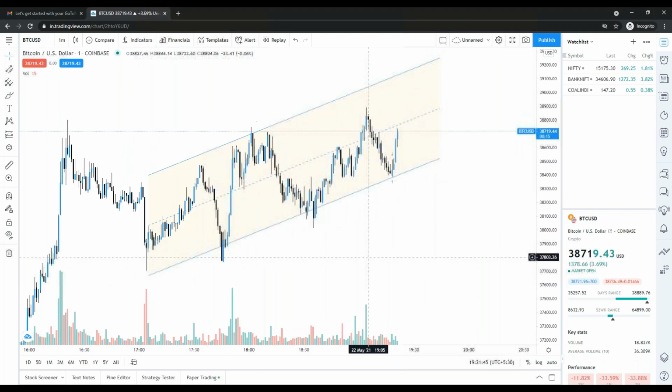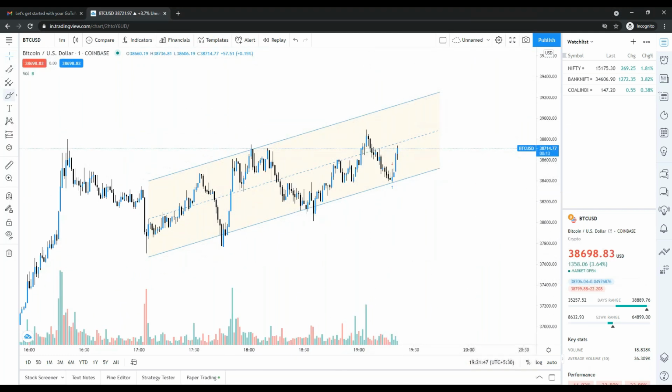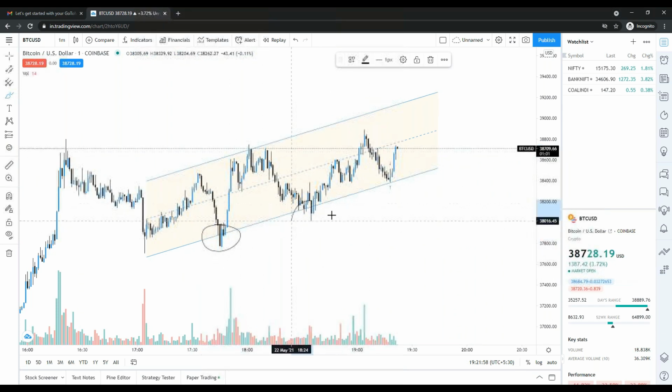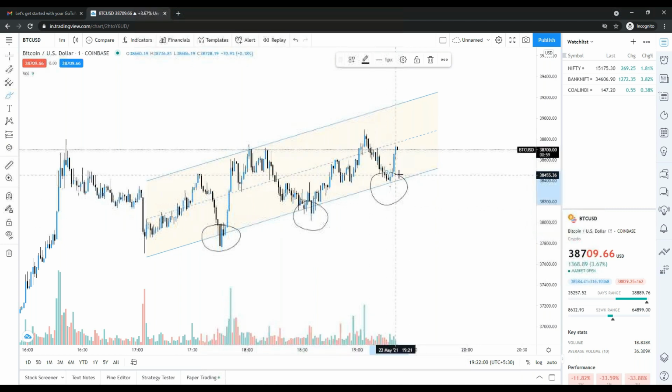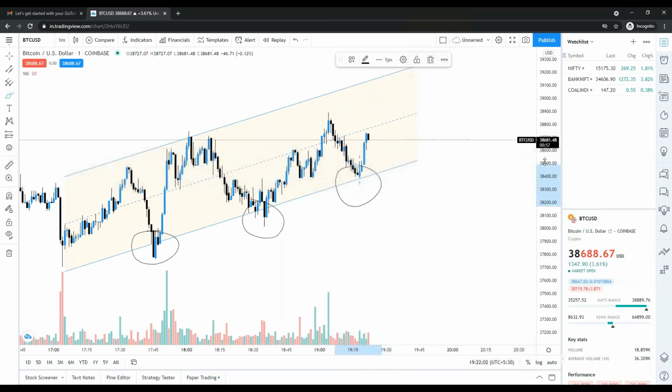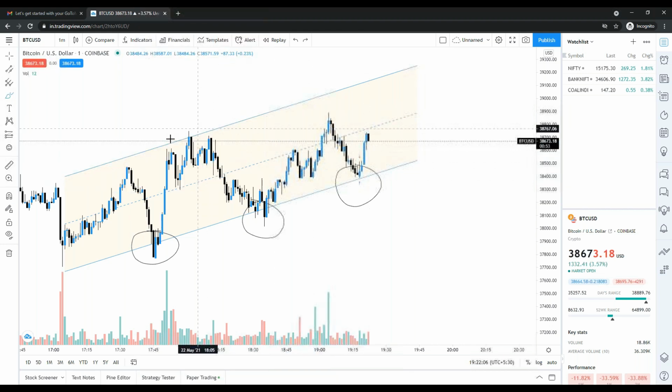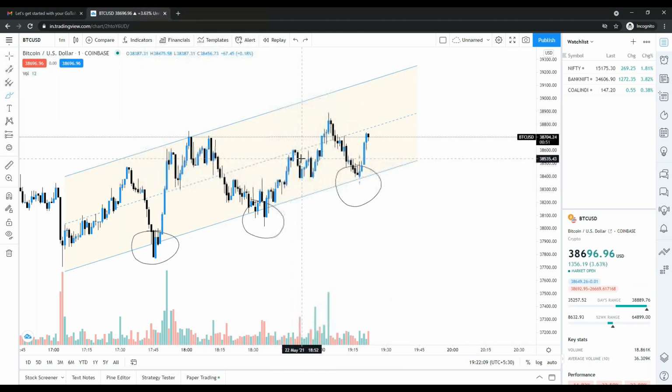You can see this is a kind of channel where the price is moving up and down. I would be explaining more about channels and how they work. So this is the channel. You can see the price is moving from here. Whenever it goes here it boosted up, whenever it goes here it boosted up, and when the price goes up it faces resistance here. These are just observations I am showing you.